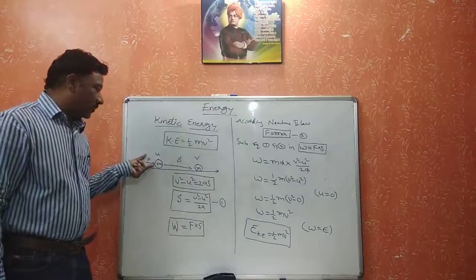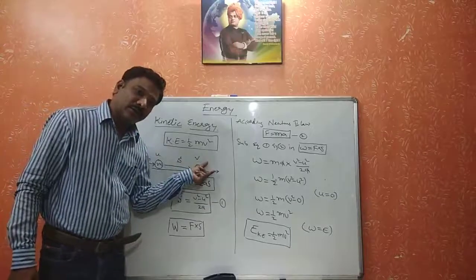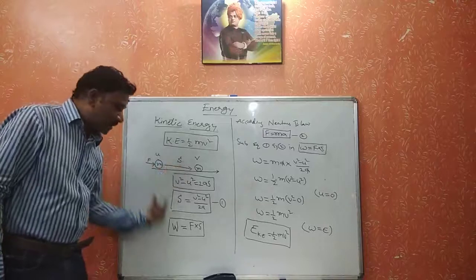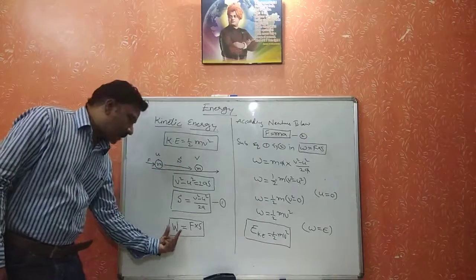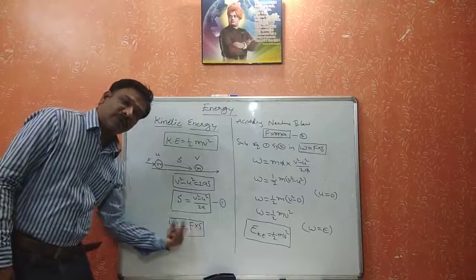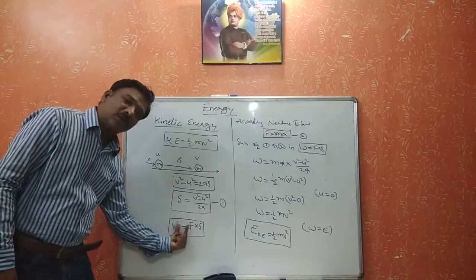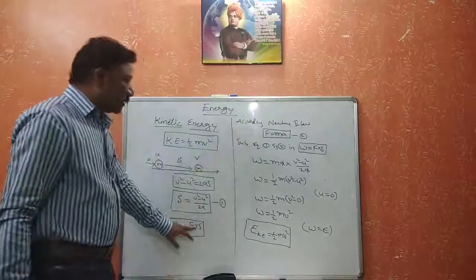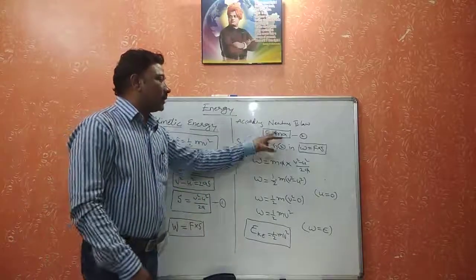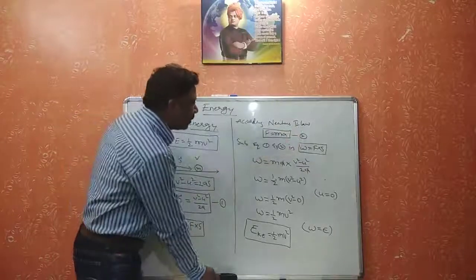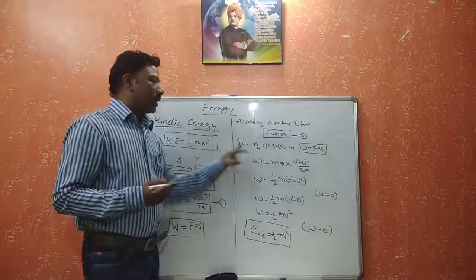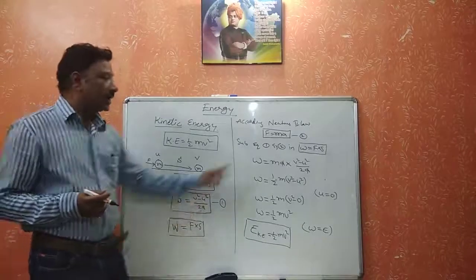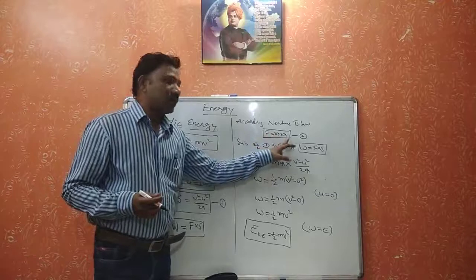So here we have applied the force and the object is moving. So displacement is there, force is there. That means we are doing some work. So try to find the work done value. Then W is equal to F into S. We know very well that work done is W is equal to F into S. But here the F value we have to take from Newton's second law. What is that? F is equal to ma. Now here we have equation 1, s is equal to v square minus u square by 2a, and equation 2, F is equal to ma.